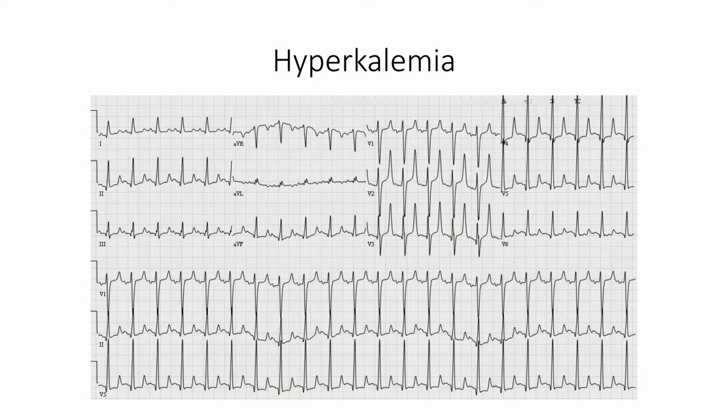First up is hyperkalemia. You will often see hyperkalemia in patients with renal disease, patients taking potassium-sparing diuretics or ACE inhibitors. You'll see this in hypoaldosteronism or uncontrolled diabetes. For hyperkalemia, the hallmark ECG has peaked T waves, as seen here. Look how symmetric and peaked and tall the T waves are in this ECG, especially in the